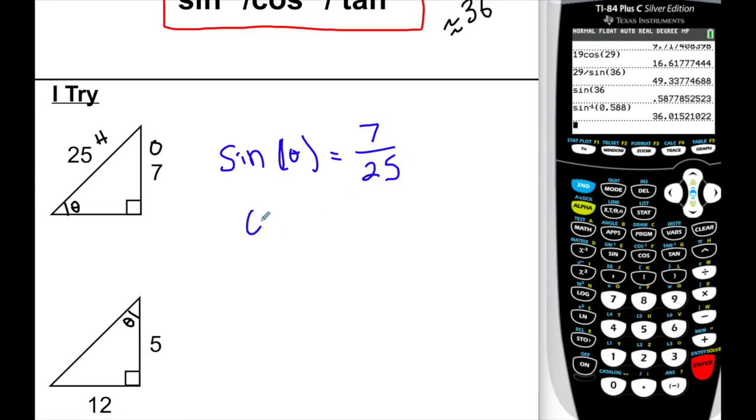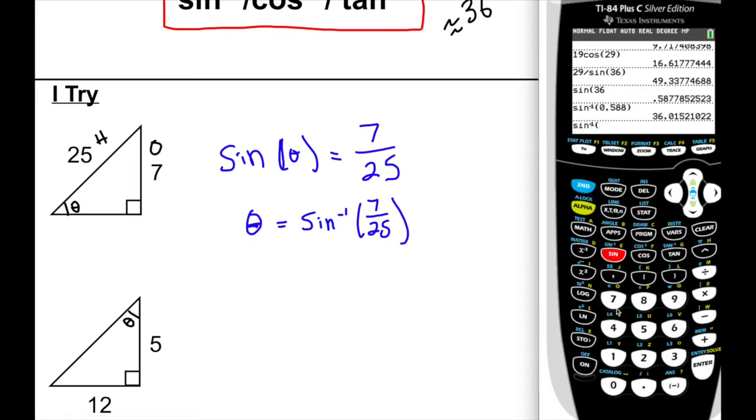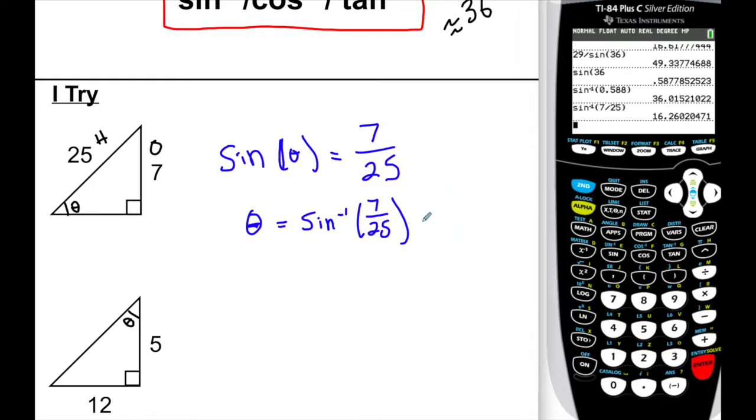That means the angle is equal to the inverse sine of 7 over 25, because if I take the sine inverse on the left, the sine and the sine inverse cancel out, leaving me the angle. So I'm going to do sine inverse of 7 out of 25, and my calculator will give me approximately